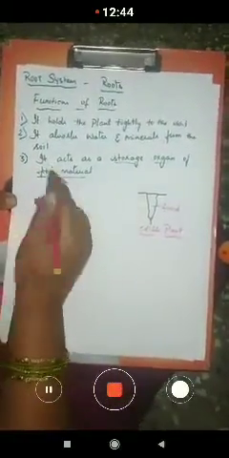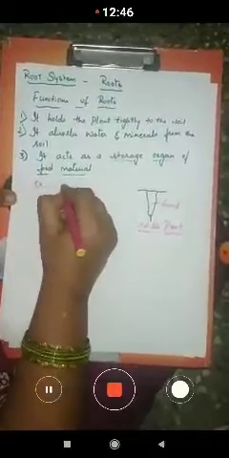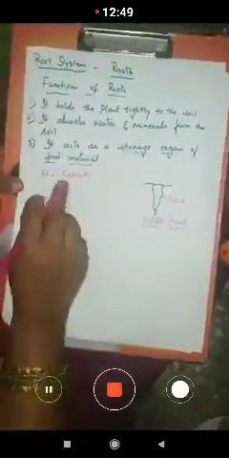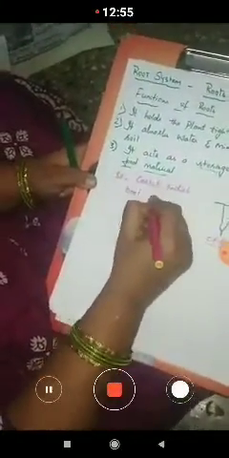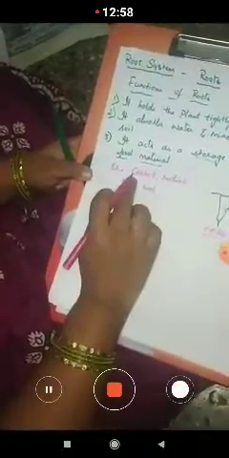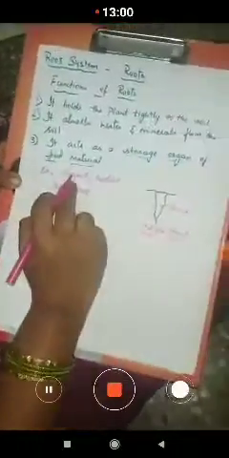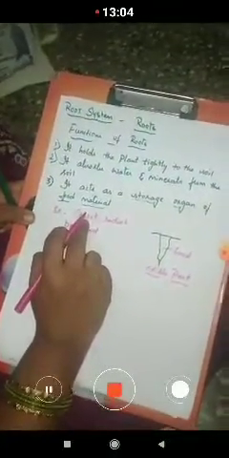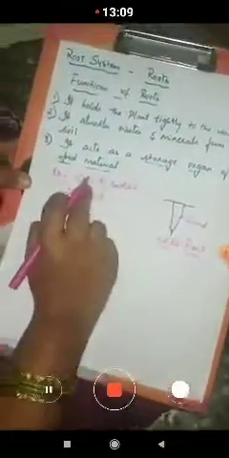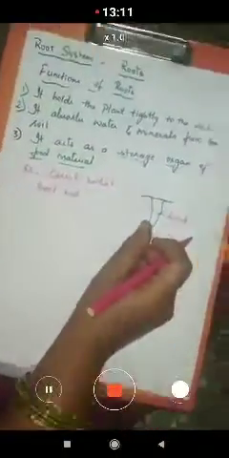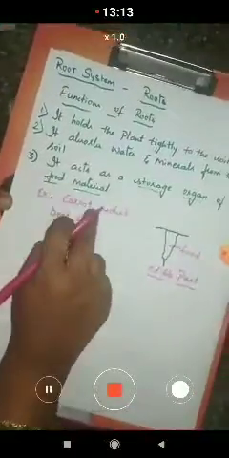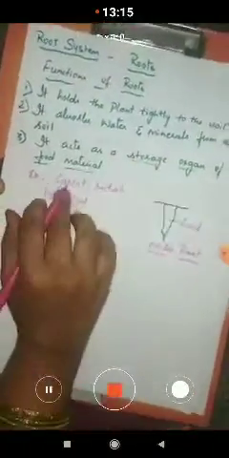As an example, I can give the carrot, the best example. The carrot, radish, beetroot. I think everyone has seen the carrot, beetroot, radish. So what you are eating, that carrot is nothing but a root. It has changed its color and its texture, it has become soft, and we can eat the carrot raw without cooking.